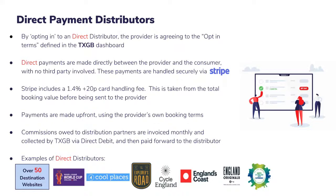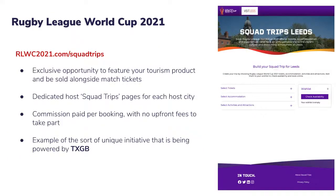Just at the bottom there, I've talked to a number of other booking distribution partners that are using our direct payment model. coolplaces.co.uk is a good example of that. Some are discovering fun projects, and the Rugby League World Cup, which is really worth sharing the opportunity, especially now we've got some good level of confidence that the Rugby World Cup will go ahead in October and